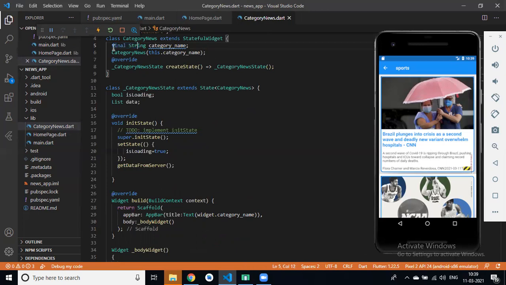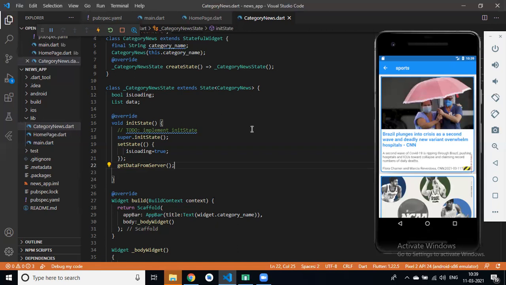Because I have defined the final keyword, this category name can't be modified in the future in this class. If a variable is declared with the final keyword, then the value can't be changed or modified in this page.